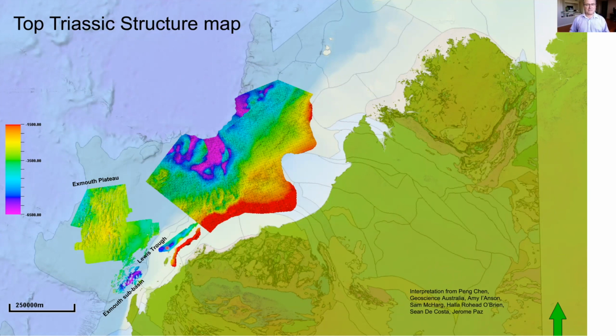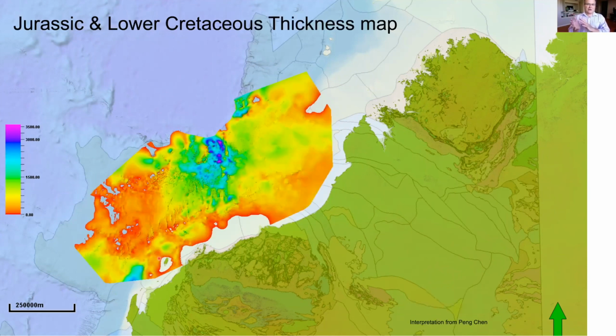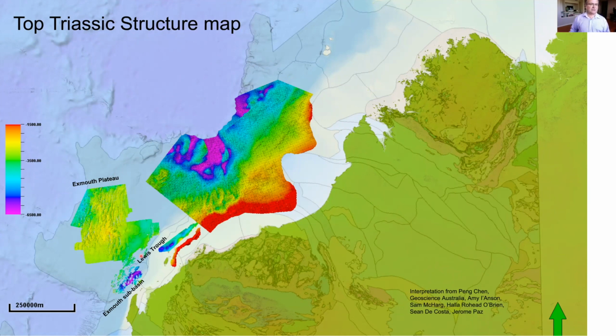the structures in the Dampier subbasin, which perhaps, as shown by Sam in his PhD, reflects reactivation of those Permian faults in a ramp flat geometry, producing those broad synclinal structures. So sorry, maybe I'll just also say the other important thing that Haller, Rohead, O'Brien's work has shown is that